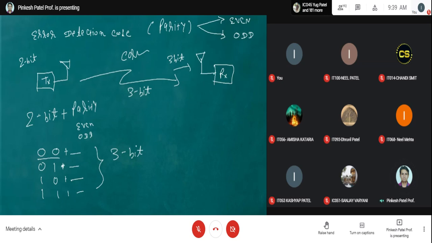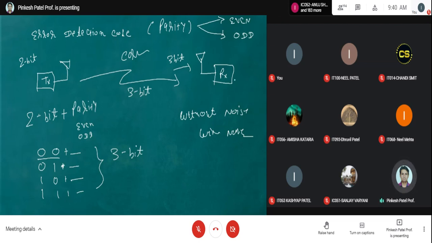Whatever the receiver is going to receive, there are 2 possibilities: without corruption, meaning without noise, and with noise. If the transmitted message is received at the receiver side without noise, there should be some indication at the receiver side.